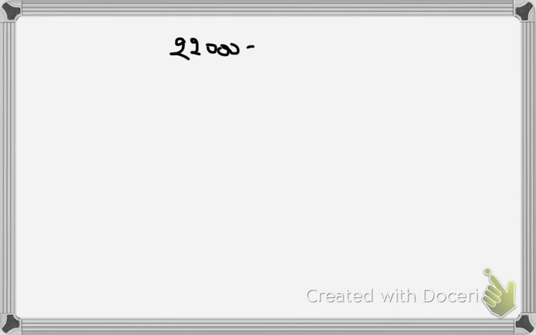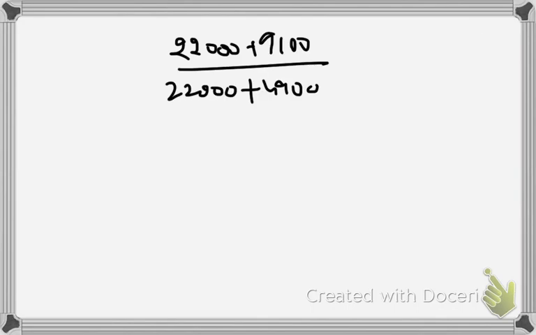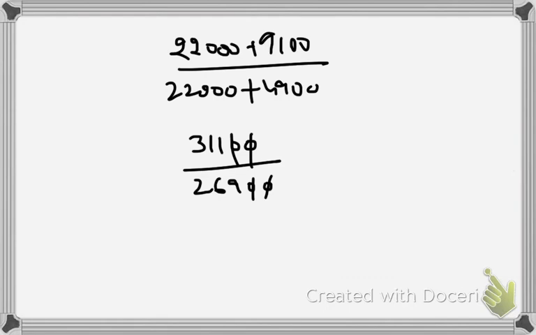So ultimately, solving the entire equation, you'll get this part after solving this equation. Now you just have to add it and solve it. So this is what you'll get after adding this, and after solving this you will get 311 upon 269. So this is your answer, which is your first option. So the answer for the second question is your first option.